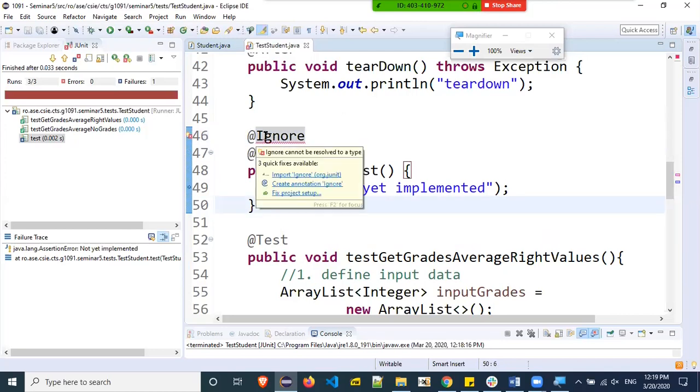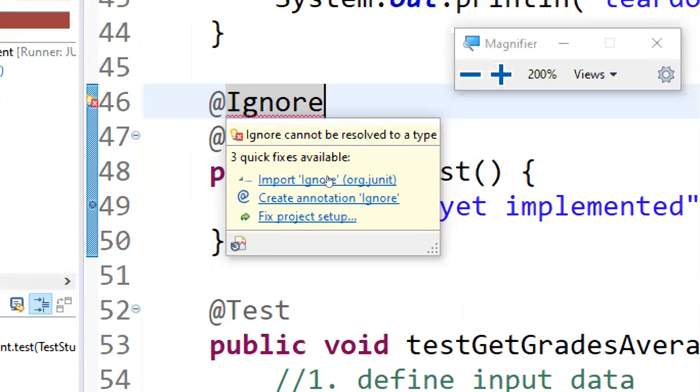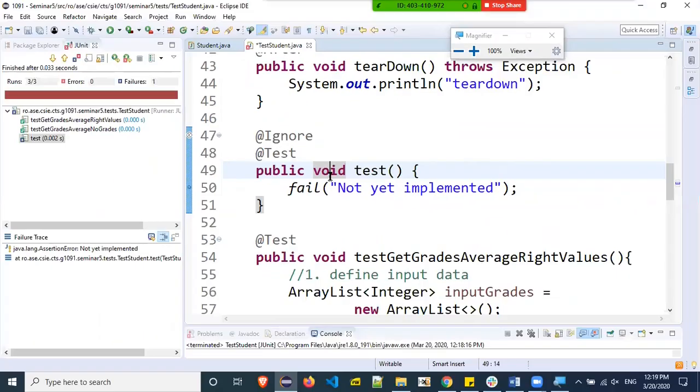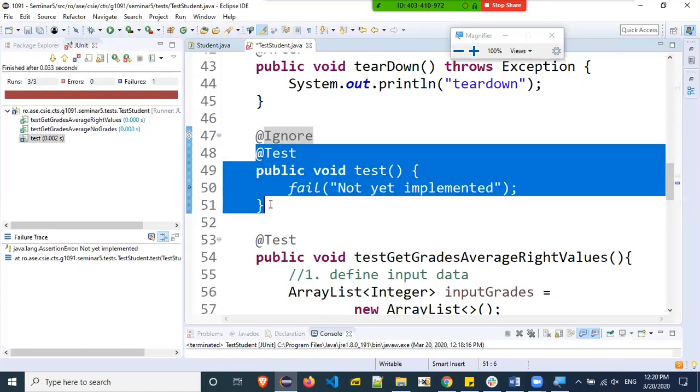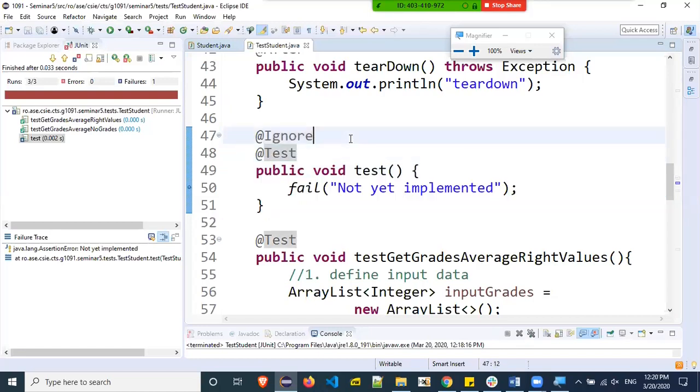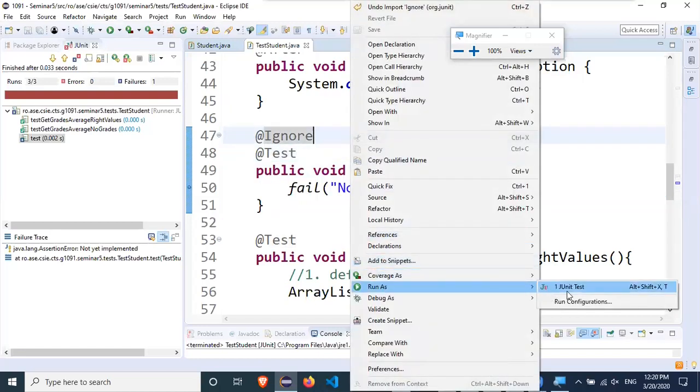So let's see. Yeah, and you see, in order to use it, you need to import this library, org.junit. I don't know why we didn't import it. I think we imported JUnit TestCase and Test and not the entire library. So just hover the mouse over the error and import JUnit. What Ignore is saying to the JUnit framework is, hey, this is a unit test, but just don't execute it. So if you run again, Run As JUnit Test,